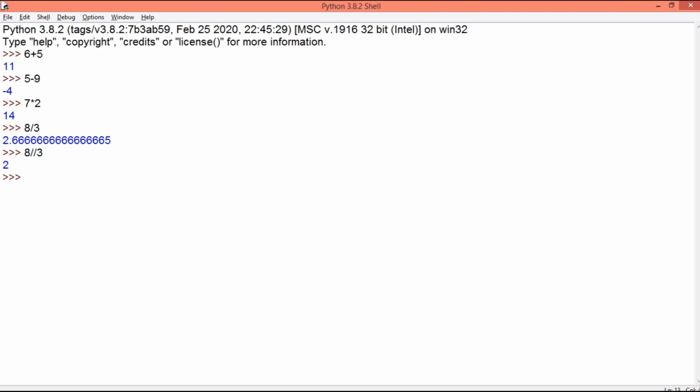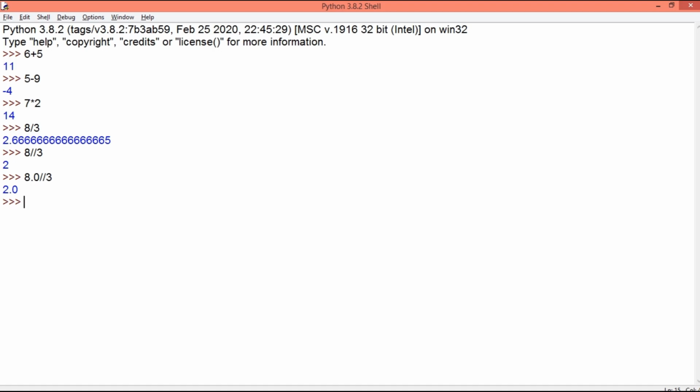And you can see in the above example, when 8 was divided by 3 using single slash, after the decimal point we had 666 and 5. So that has been removed from the numbers by writing 8 double slash 3. If I write 8.0 and then I divide it by 3, you can see the answer will automatically change to a floating point number. Though the fractional part is 0, the answer will represent itself as a floating point number.